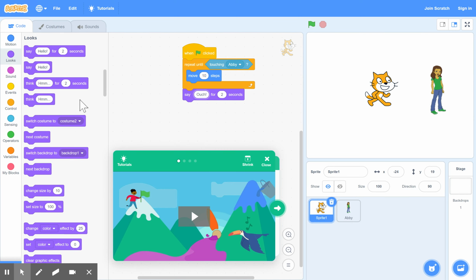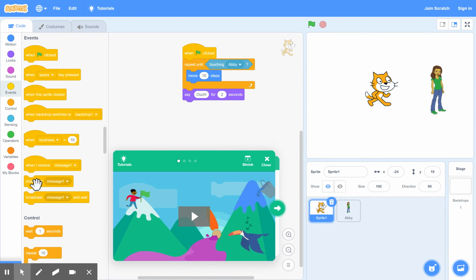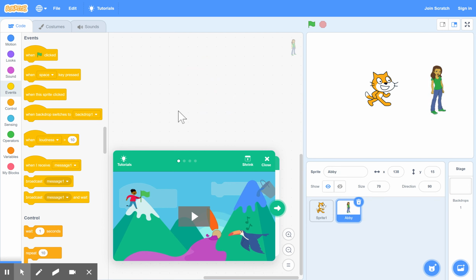And the way you do that is go back to control here. Sorry, it's under events actually here. And you broadcast a message. The game broadcasts a message to Abby. We'll just call that message 1. And then she picks it up at the other end. So now for the first time we click on Abby's character here, and we go into her. And when she receives the message,